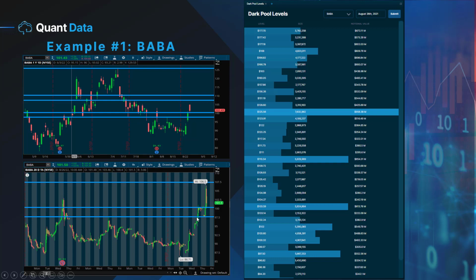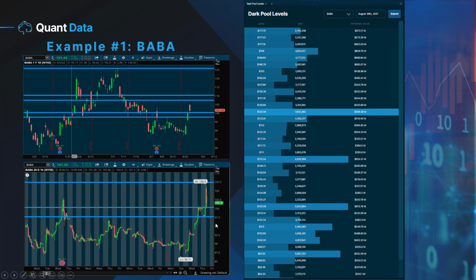So this level right here was already a strong resistance level, and that not only reflected on the chart, but it was also reflected in the dark pool levels. So when we broke over that 97.50 level, we ran all the way to 106.5, where it then rejected and came down, and it's likely going to test that existing 97.5 level that was previously a resistance and now has